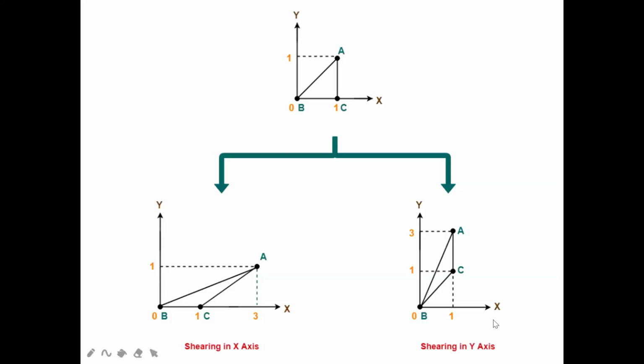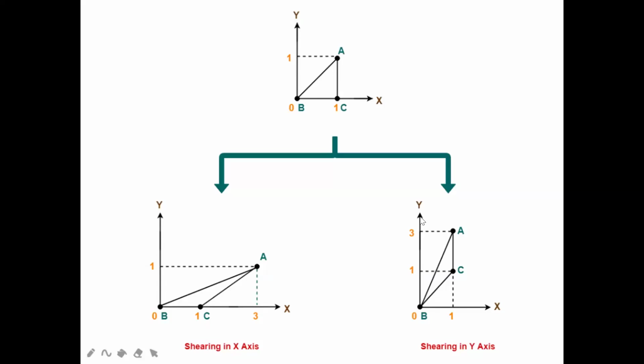Once it is done, you have to show it in a diagrammatic way. So here first, this is the initial value which has been given in the question. You are going to do it like this. Then you are going to divide it for your x-axis and y-axis. Then whatever the next value you got, that you are going to write. Here you can see we are only changing the shape of your coordinate values, but we are not moving it anywhere else. We are only changing the shape, so that is known as shearing. It can be on your x-axis, meaning it will just slant towards your x-axis. If I am applying on y-axis, then it will just slant on your y-axis. So this is all about your 2D transformation.